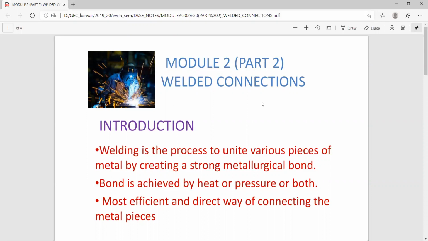This weld bond is achieved by heat or pressure or both. That means it may be of three types. This welded connection or welded joint is the most efficient and direct way of connecting metal pieces. If you go into detail with the introduction,